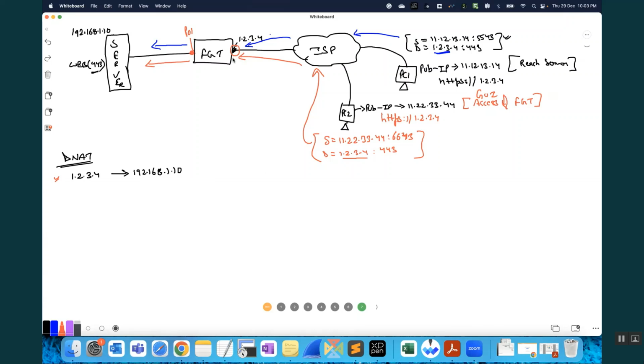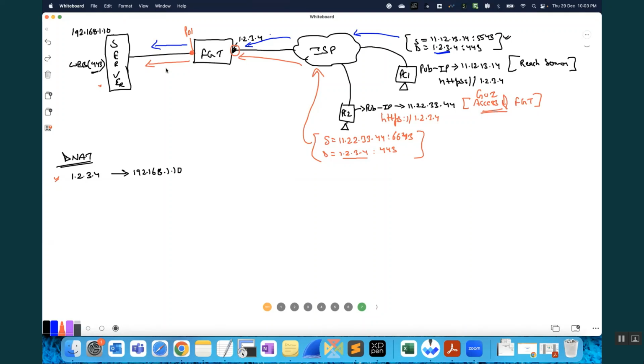No. The packet already reached the server. Did PC2 get the access of the firewall? No, because this IP is translated, and the firewall is not responding.